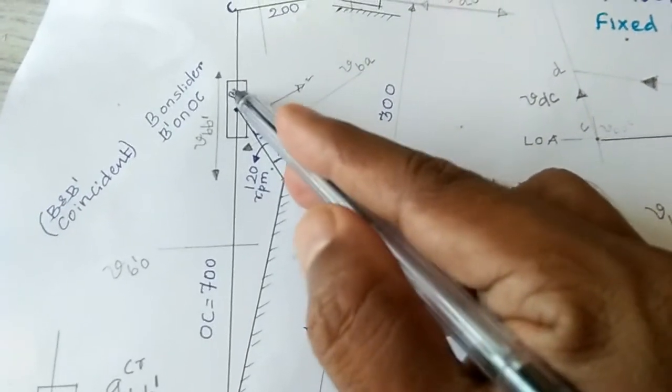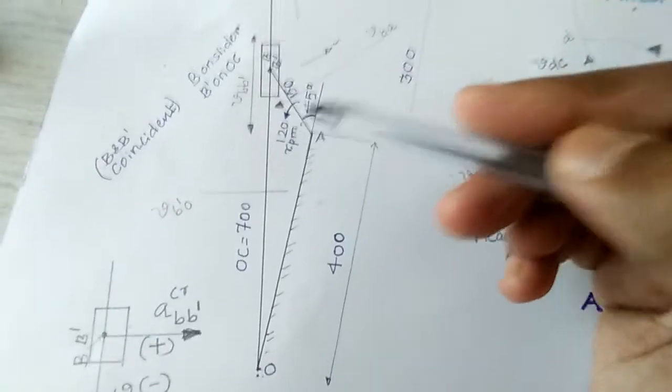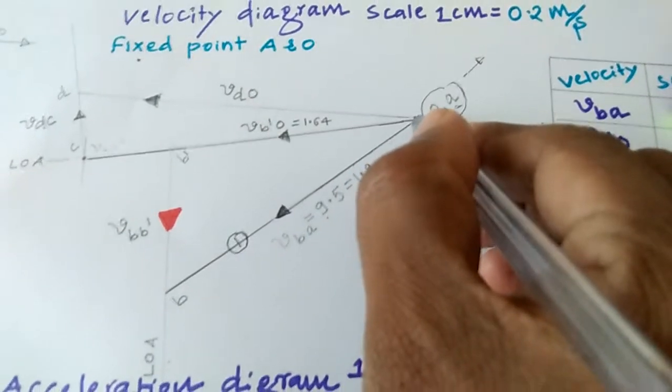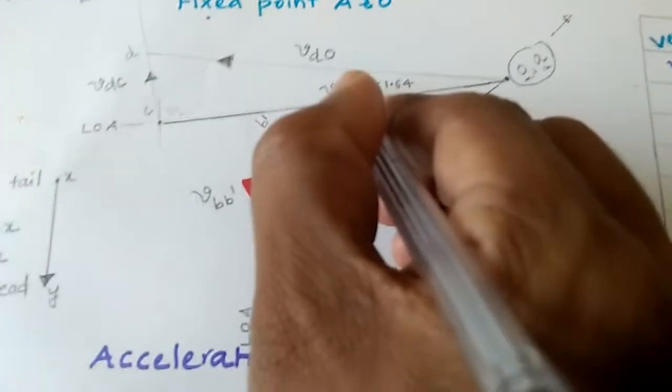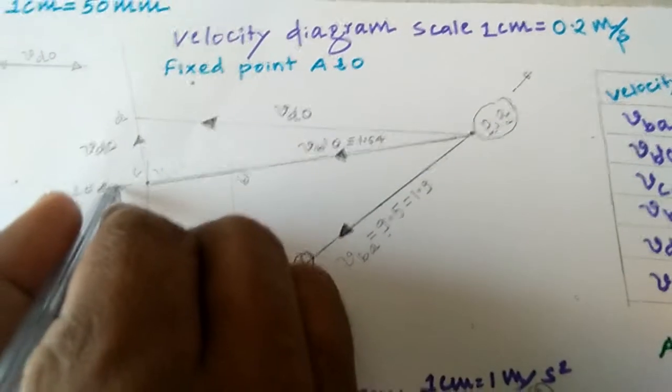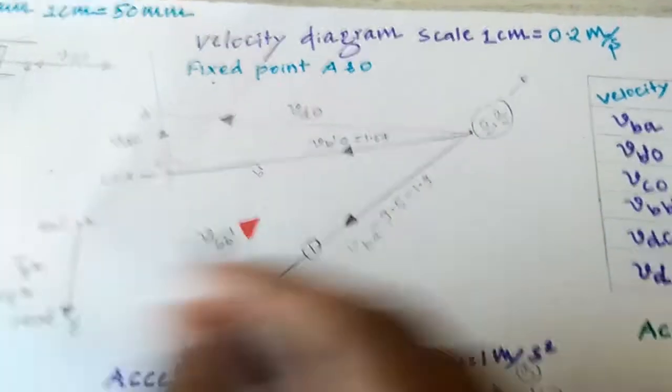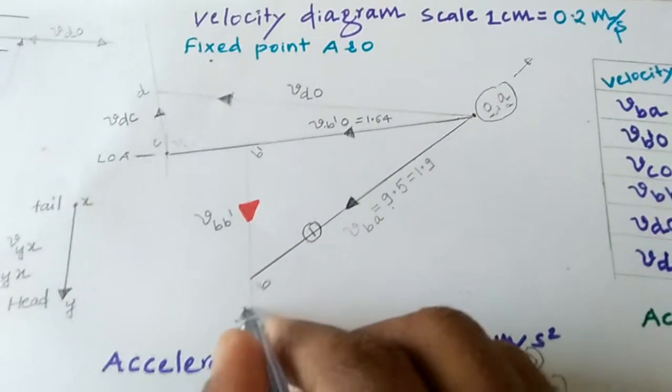It makes contact with B also, O also. In that case, you don't know the magnitude or the direction, so you have to draw the line. That is the line of action. You go to the line of action, that is B dash O. I have taken it as a line of action. Then that is B dash B. This is also a line of action. I have written it here also.